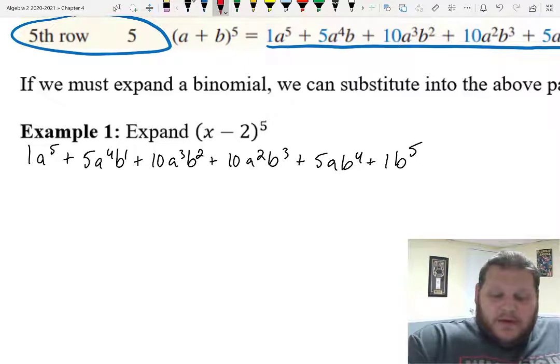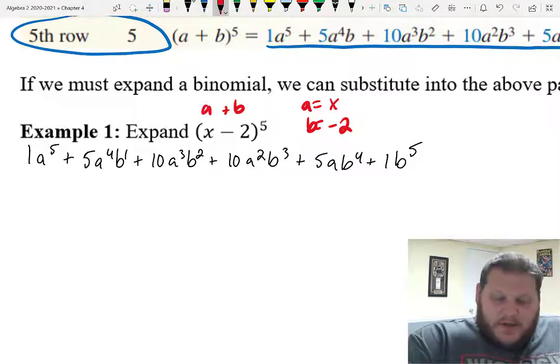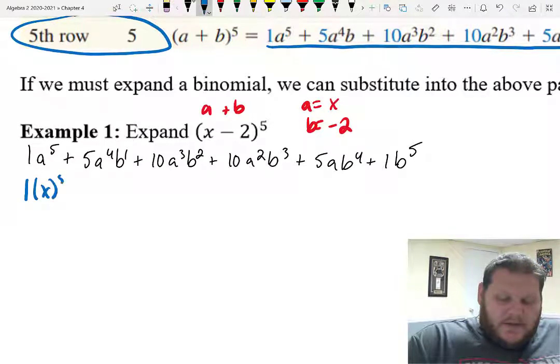But in this one specifically, if it's supposed to be a plus b, in this, my a is x and my b is negative 2. So in that formula, anywhere I see a, I'm going to put an x value in there. And anywhere I see b, I'm going to put a negative 2. And that's going to allow me to expand it out without having to use the full distribution or foiling or anything for 5 different parentheses. So if I go ahead and do that and just substitute x for a and negative 2 for b, I end up with 1 times x to the 5th plus 5 times x to the 4th, negative 2 to the